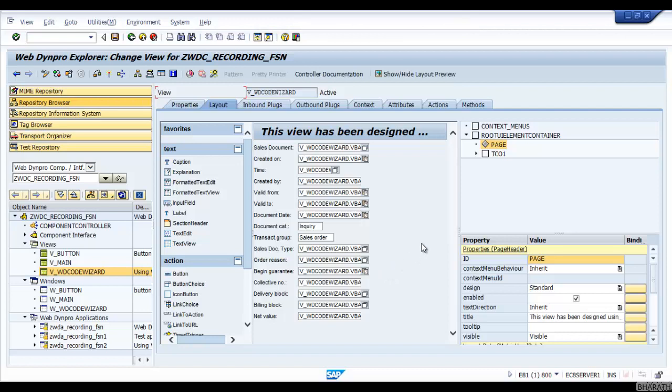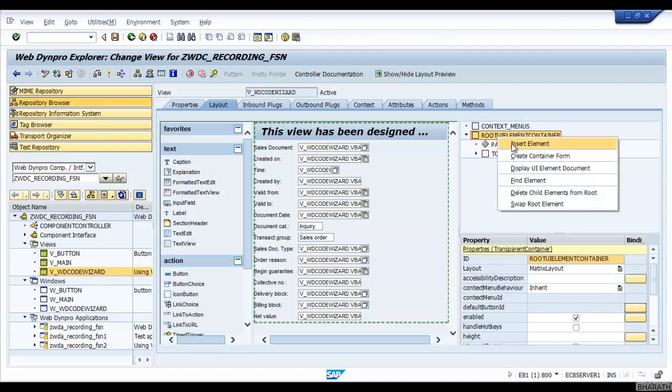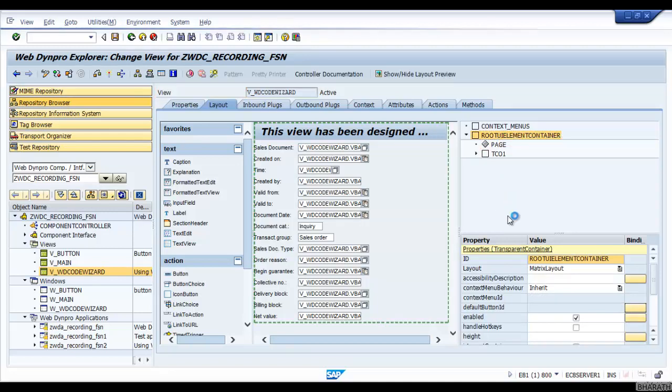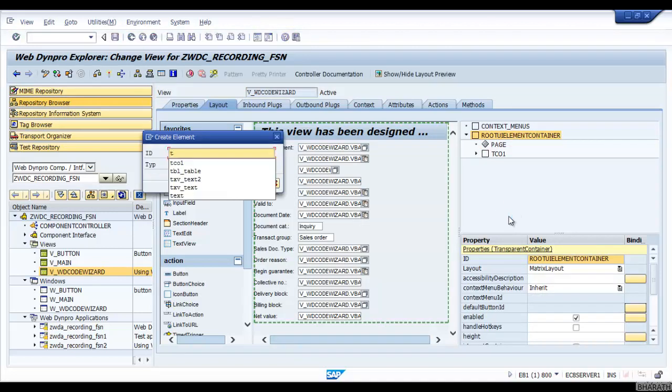Now we will see how to design a table in WebDynpro app. I'm just going to right click on the root UI element container and click on insert element, TBL, table, table UI element.